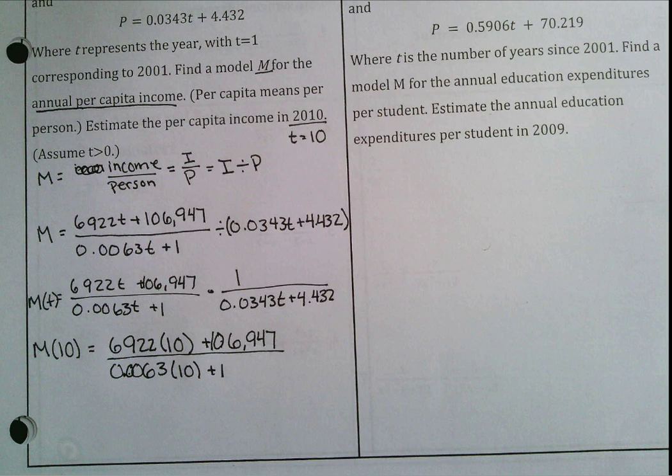So per capita, all that's saying is per person. Then it wants us to estimate the income in 2010. So if 2001 is T equals 1, that means 2010 is going to be T equals 10. So our end goal is to plug in 10 to an equation and find out the average